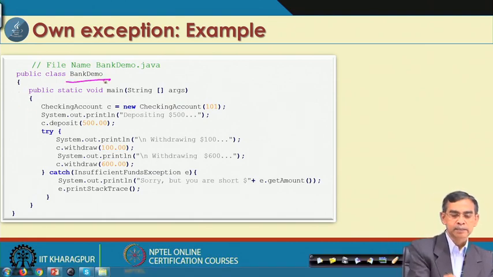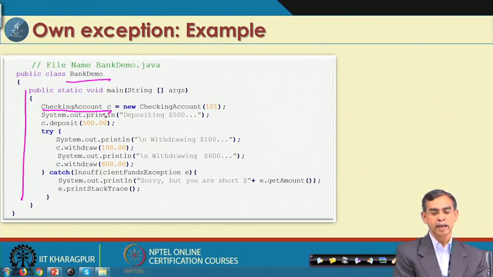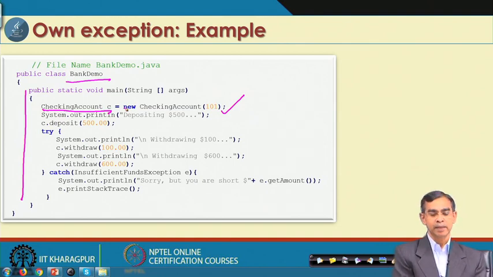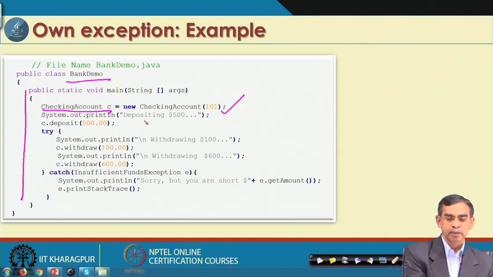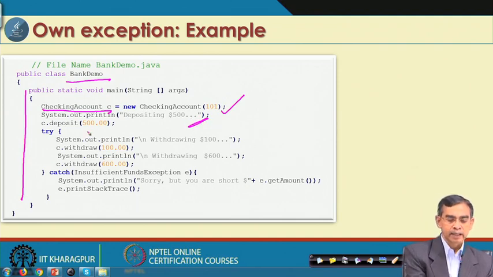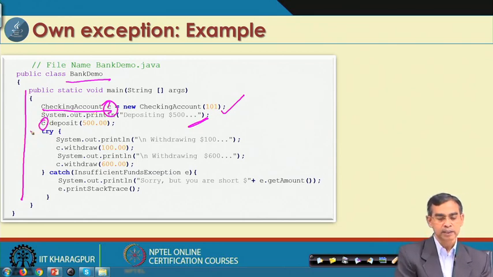The main class looks like this. The name of the main class is BankDemo, and it has the main method, and we can see we have created an object of CheckingAccount, with a number, say 101. Then System.out.println depositing $500, and c.deposit(500), so for this object we call the method deposit.